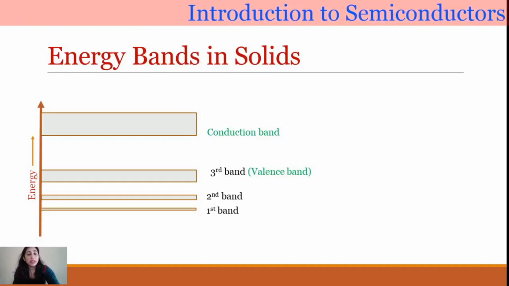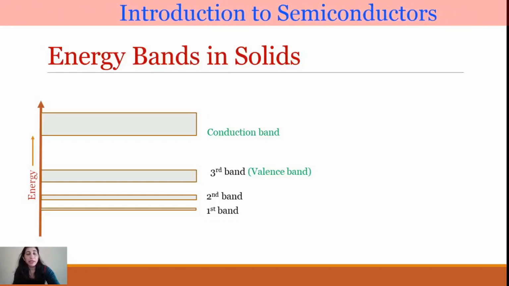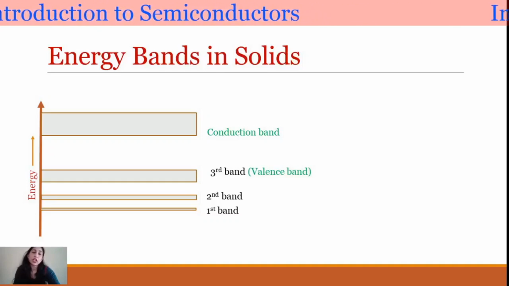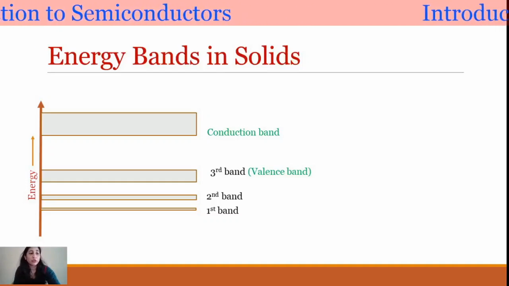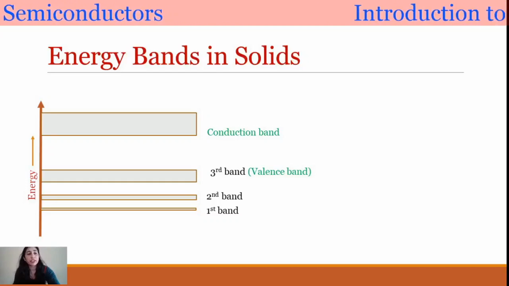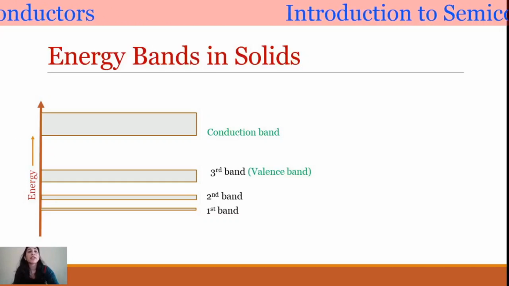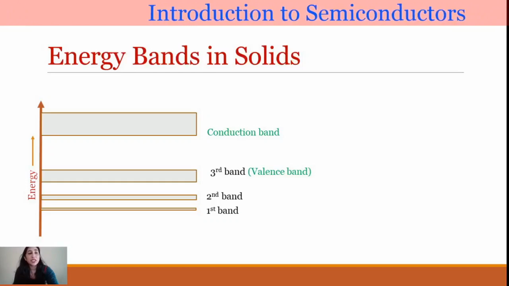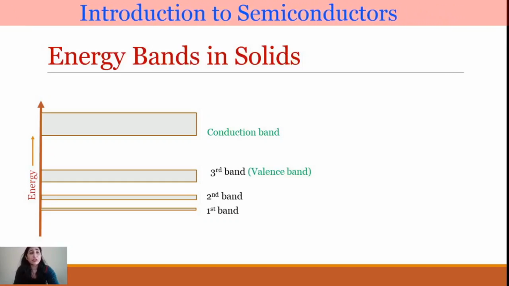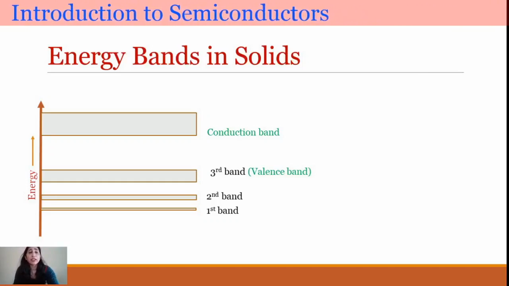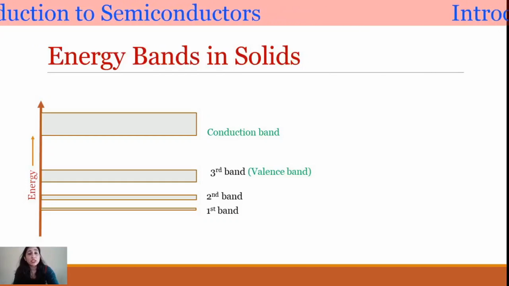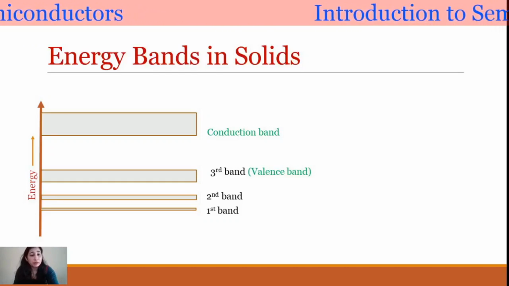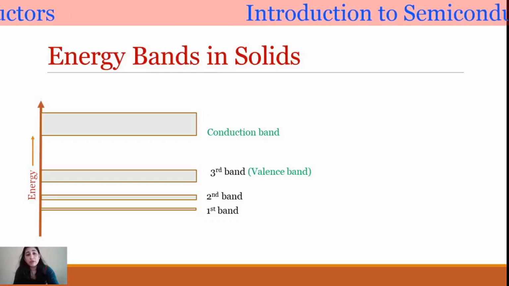When atoms form a solid, many of them have to join together. Obviously, when such a large number of atoms join together, the electronic structures will definitely influence each other. It can never be the same as they had in their individual identity. These electron orbit structures or configurations definitely get modified in solids. So this is the picture of a modified situation. See, there are millions of atoms that belong to the first shell.